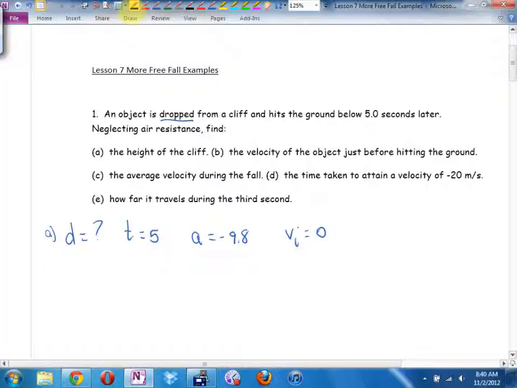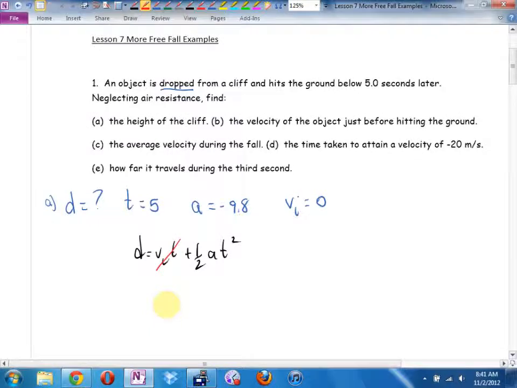And the d's already by itself? Oh, I like that. D equals VIT plus a half AT squared. Why can't I do that? What's 0? Oh, VI. Great, I'll take that. VI is 0. So you're saying, if I hear you correctly, Elijah, and I think I do, I can just go a half